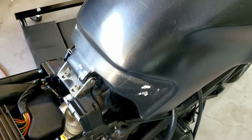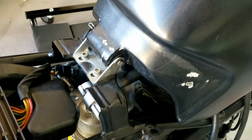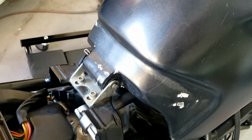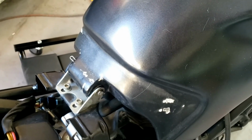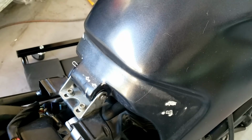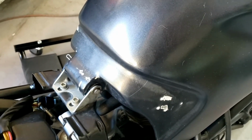Removing the tank should be easy enough, contrary to a post I saw on the MV Augusta forum where a dealer wanted to charge, I think it was $750 or was it $1,500, to remove and refit the fuel tank. That works out at more than $500 an hour in my opinion. Anyway,